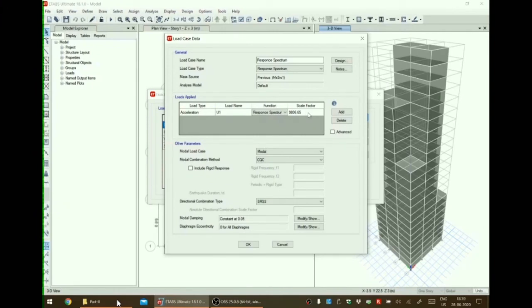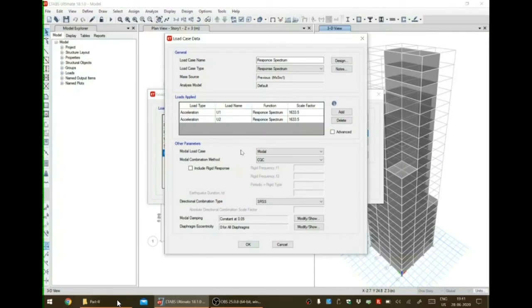So in this case, under the load applied column of response spectrum, acceleration U1 and U2 both will have a scale factor Ig by 2R that has to be calculated separately, and what we have calculated, that is 1633.5, that is written under scale factor for both the load cases.